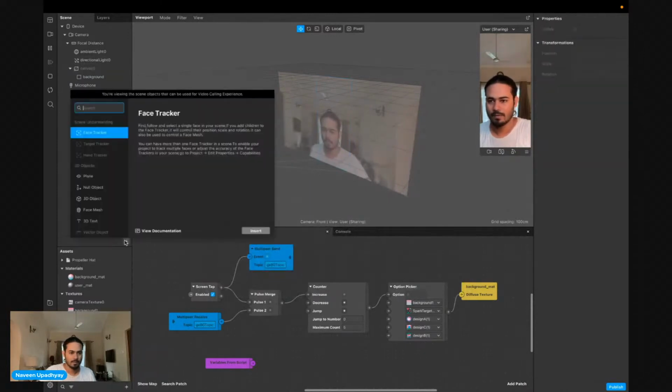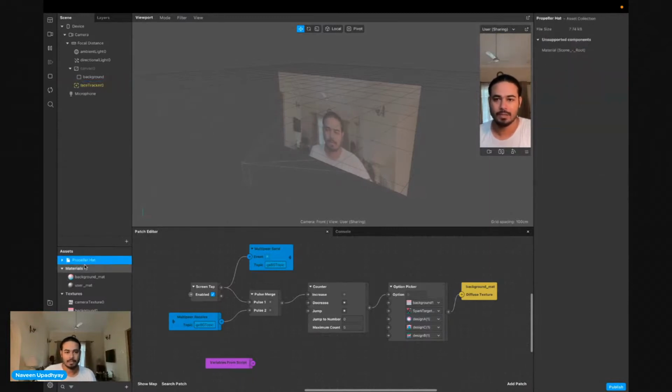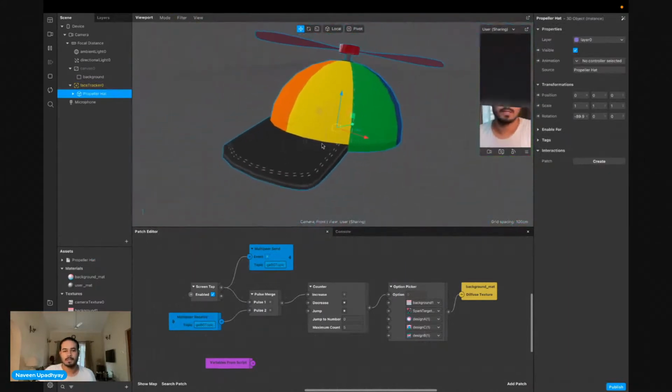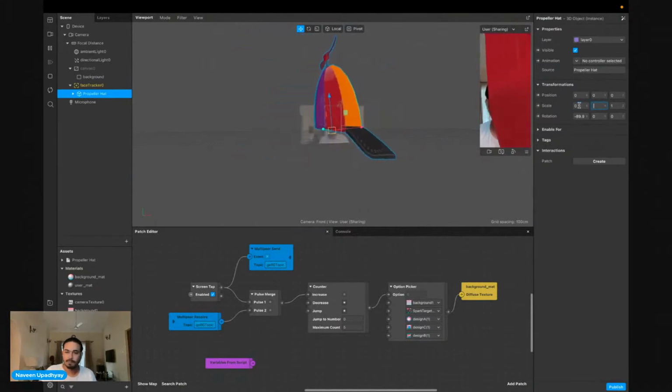Okay, so if I have my face tracker now, I can use this because I deleted the person segmentation. It enabled me to use the face tracker, and in the face tracker, this hat should be at the top of my head. So I'm gonna put it on the face tracker. It's super big right now. It's so big that it just covers everything. So I'm just gonna do 0.1, 0.1 and 0.1.